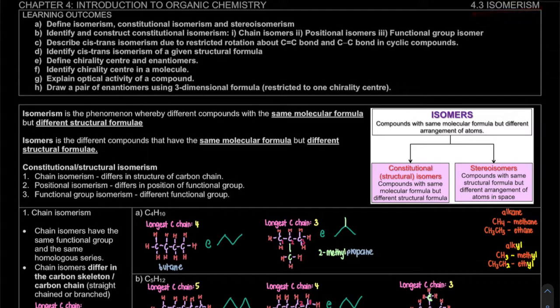In this video, we're going to define chirality center and enantiomer, identify the chirality center, explain optical activity of a compound, and draw a pair of enantiomers using 3D formula. Okay, so we have learned about stereoisomer. Previously, we have learned about cis trans, right? So in this video, we're going to look at the last type of isomer